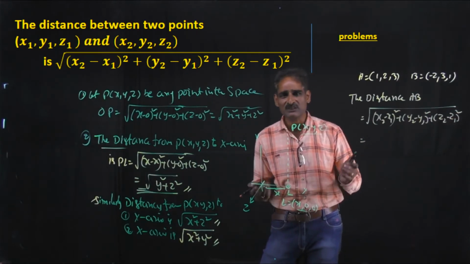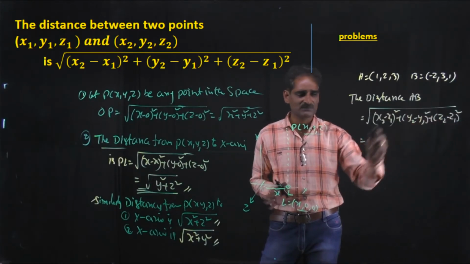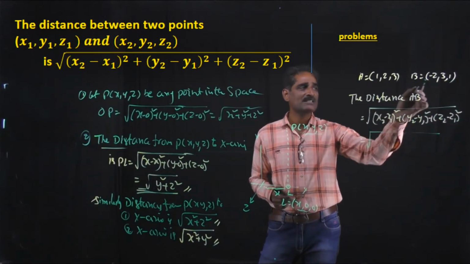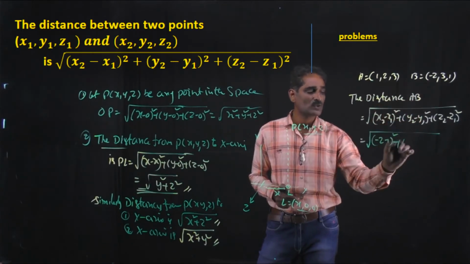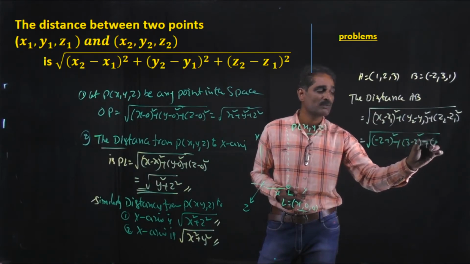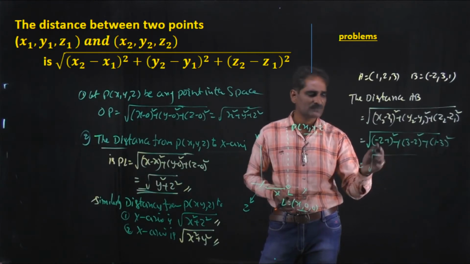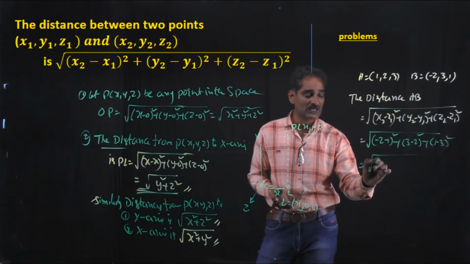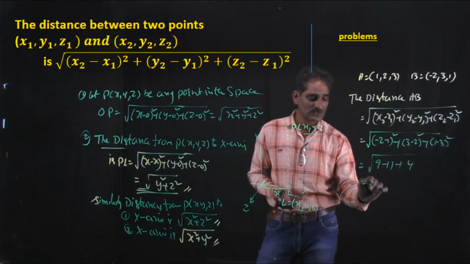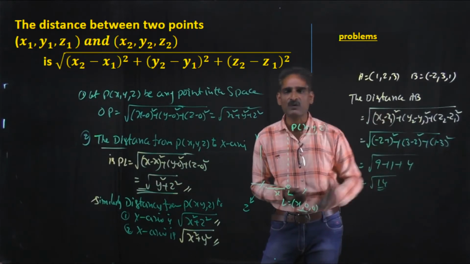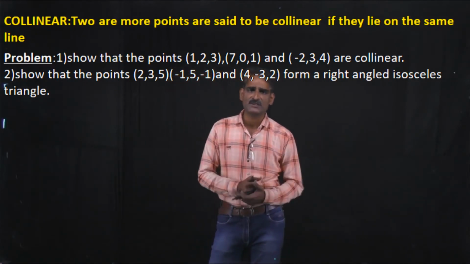All of you know about the distance. How can you find the distance in 2 dimensions? Here we are just using an extra term, that's it. So (-2 minus 1) whole square, (3 minus 2) whole square, plus (1 minus 3) whole square. This is just for formula practice. So (-2 minus 1) is -3, whole square 9, (3 minus 2) whole square 1, (1 minus 3) is -2, whole square 4. This is equal to root 14. This is how to find the distance between the 2 points. See, this problem is just an application of the distance formula, that's it.